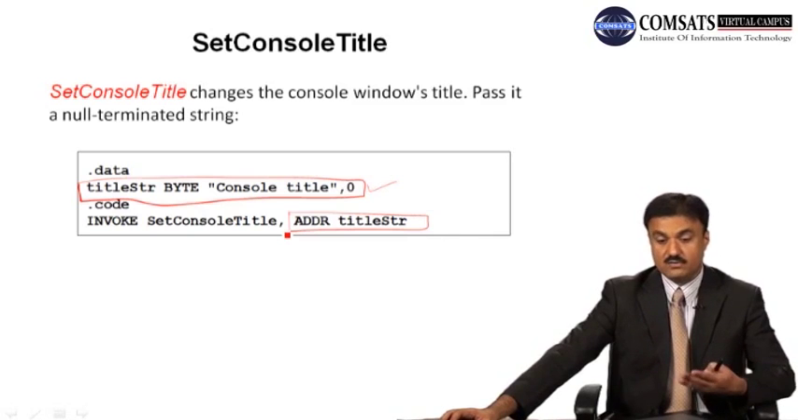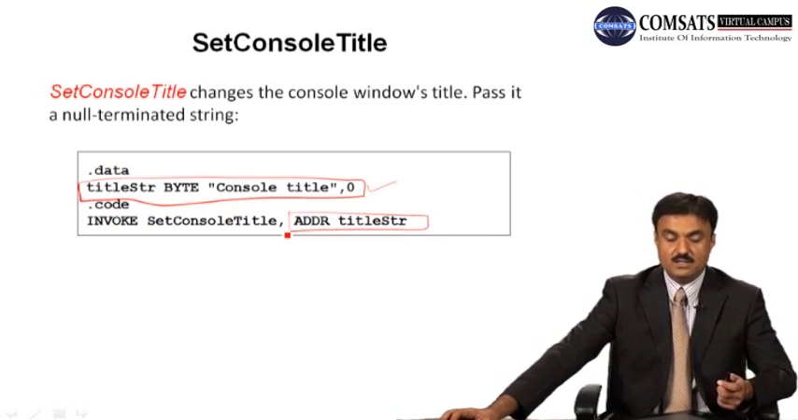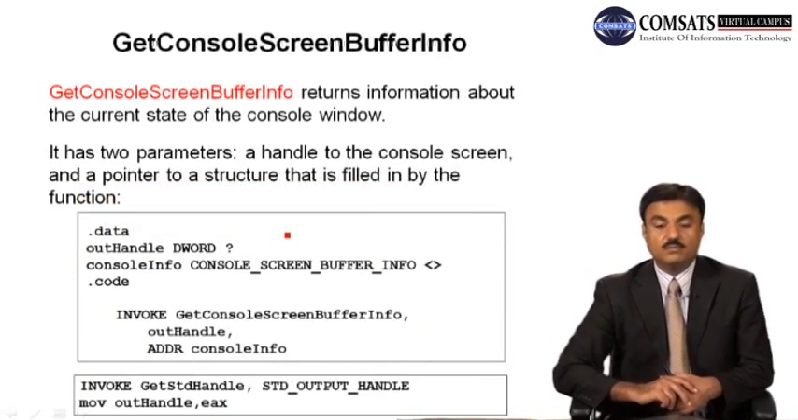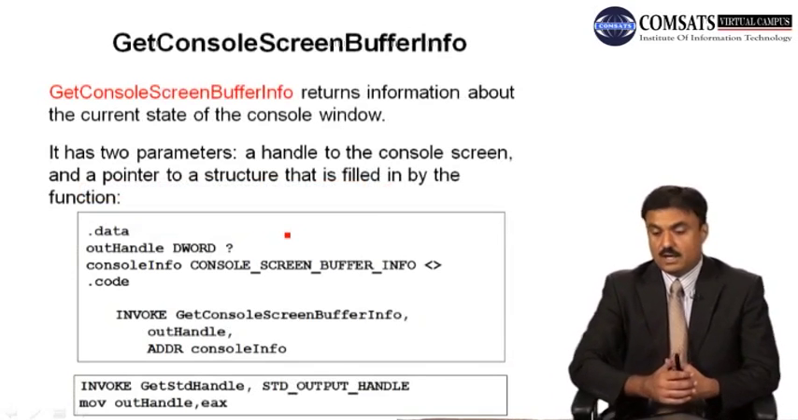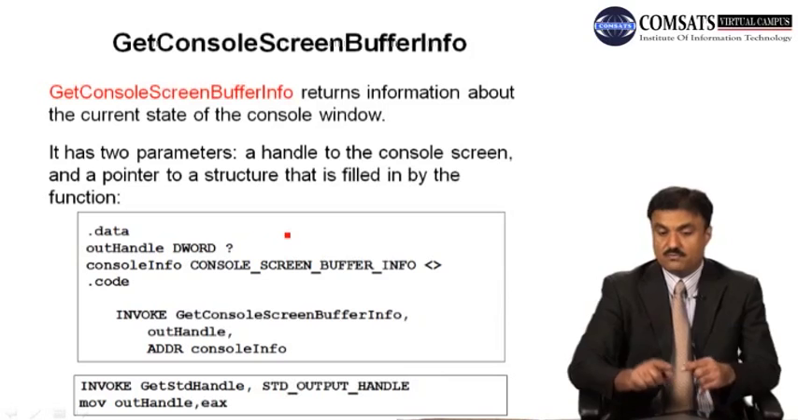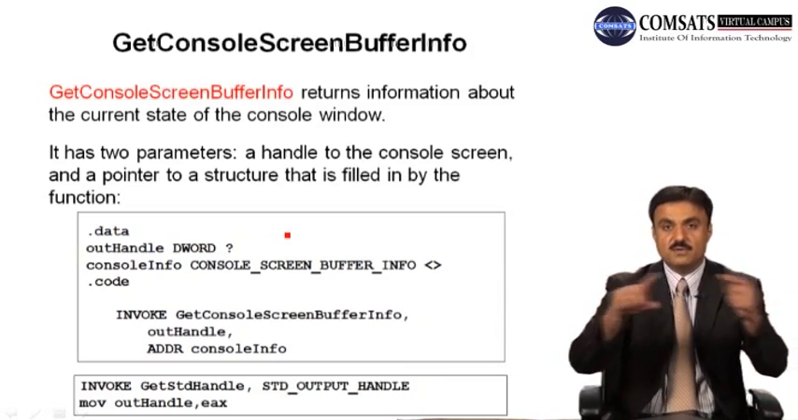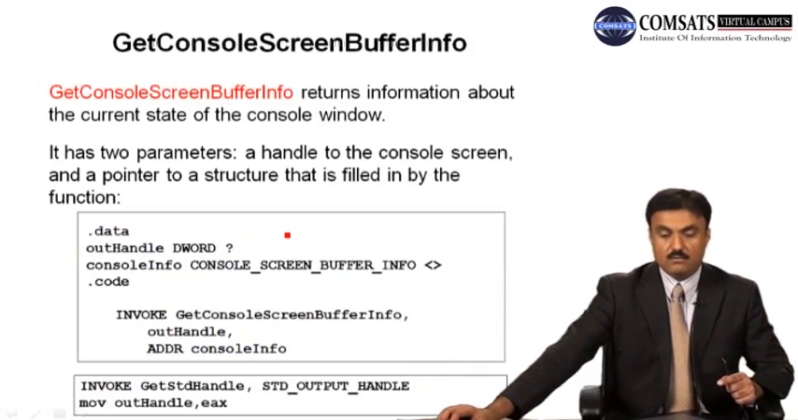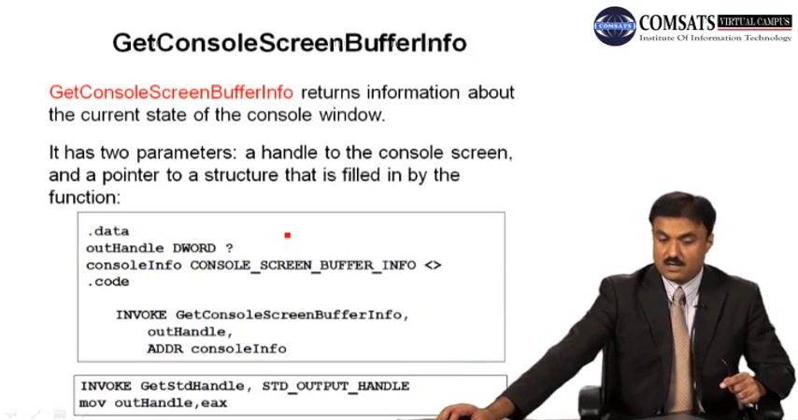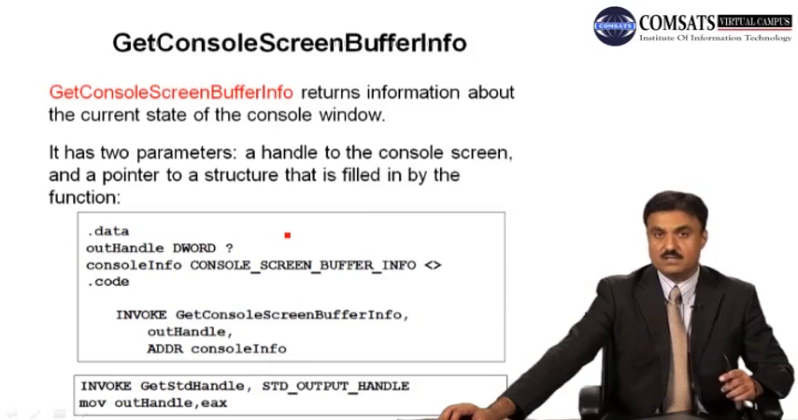So whatsoever title you write here will be set on the screen. And then we have GetConsoleScreenBufferInfo. Now, GetConsoleScreenBufferInfo: we are going to get the whole complete information of this window, such as the total size and so on. It will return information about the current state of the console window, whatsoever the current state,